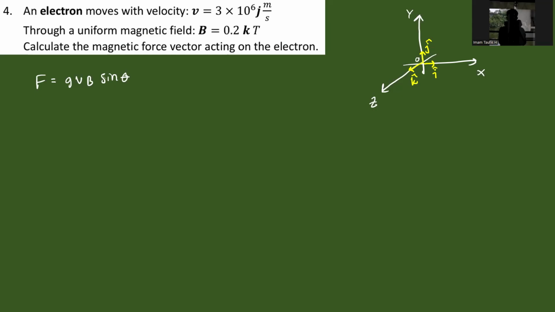So for the electron, I've already told you before that Q is equal to 1.6 times 10 power minus 19. V is 3 times 10 power 6, and B is 2 times 10 power minus 1, in Tesla. And for sine theta,